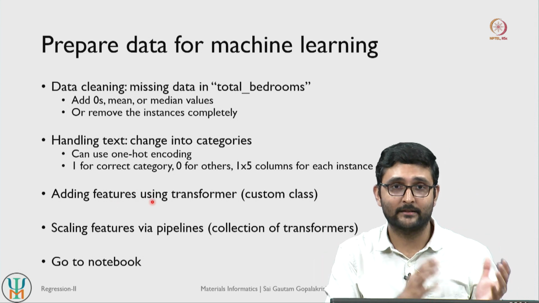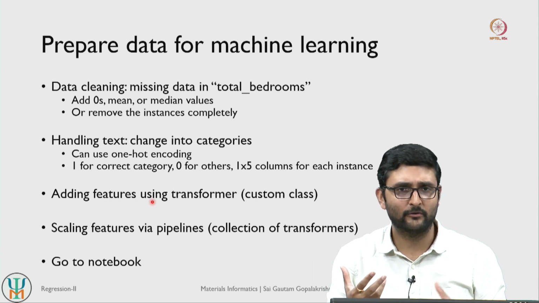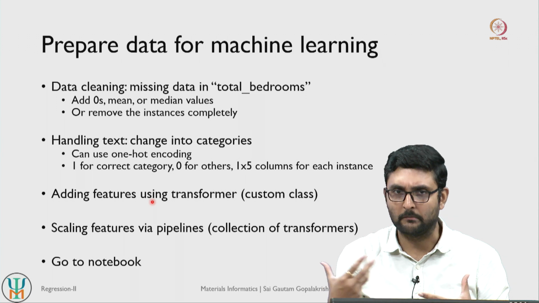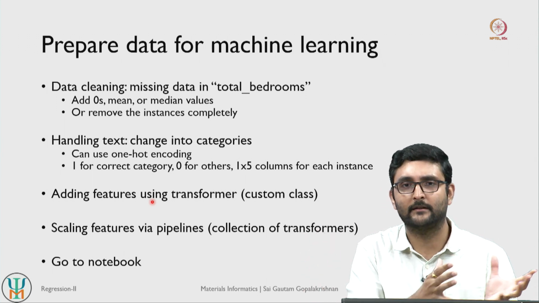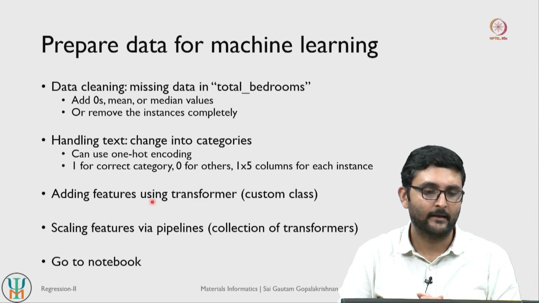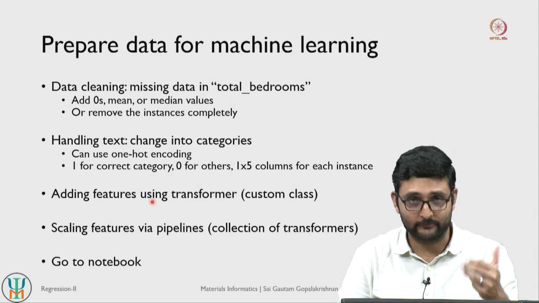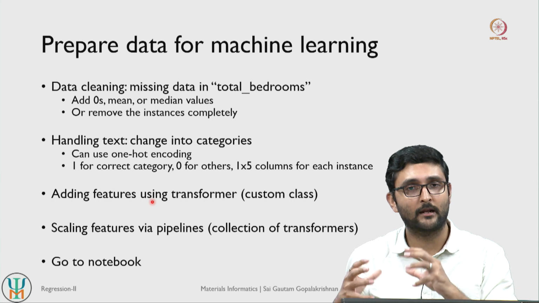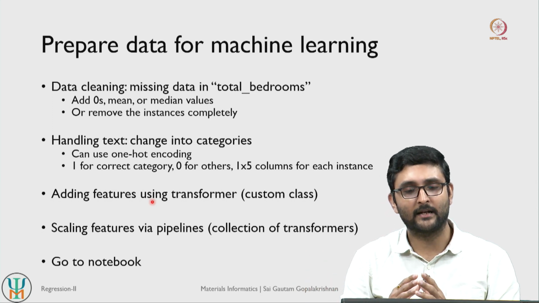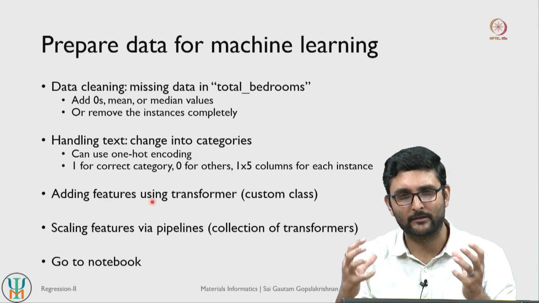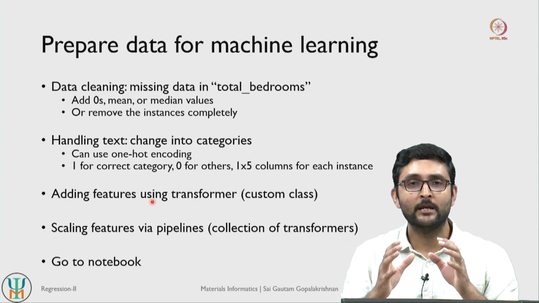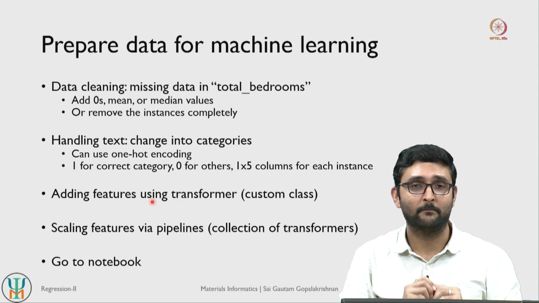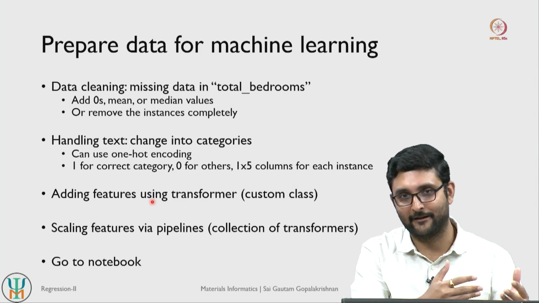And in the last lecture we looked at adding new features and how they can maybe improve our model, right. Because some of the features had better correlations than the features that came with the data set itself. So we will be adding those features using what are referred to as transformers. So transformers basically are a more systematic way of handling data using pandas data frames. You do not have to use transformers, but I am just demonstrating a cleaner way of adding new features.